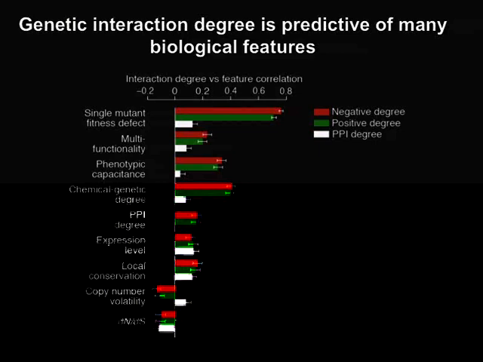But here we're showing that, yeah, they have the same trend going in the same direction, but genetic interactions do so in a much more striking way. This was very surprising to us and very interesting. Protein-protein interaction hubs and genetic interaction hubs have a lot of common features. For example, they tend to be highly expressed, highly conserved, and they